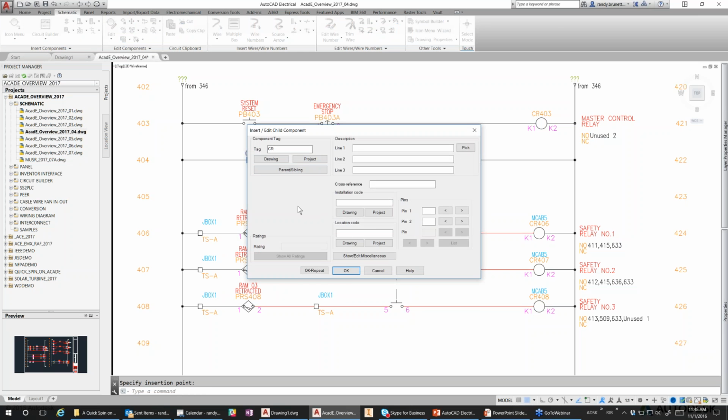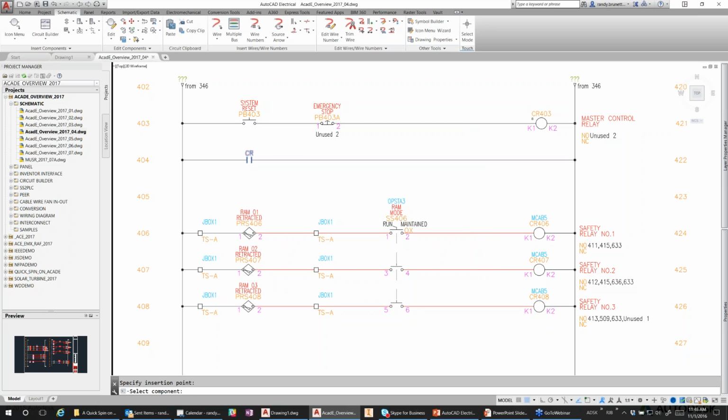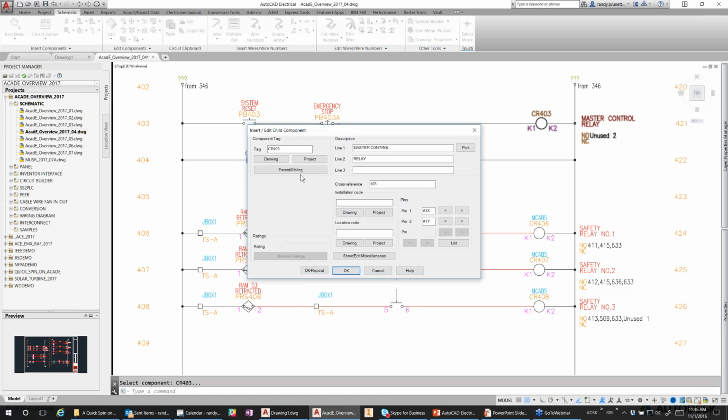This dialog box, you'll notice, is different because we are working with the child now instead of the parent, so it doesn't have the same bill of material information. Our job really here is just to associate it with the parent symbol. So I'm just going over and clicking on the symbol. I could have picked drawing or project to search through any of the other drawings to find it as well. Notice now that I have the link